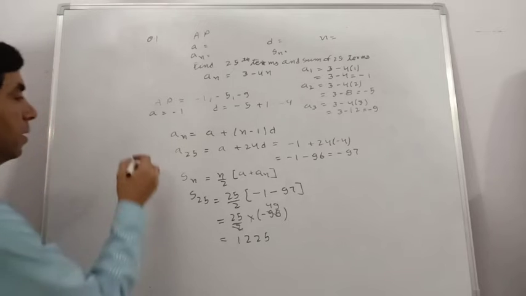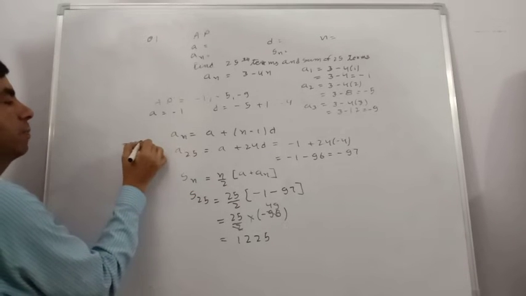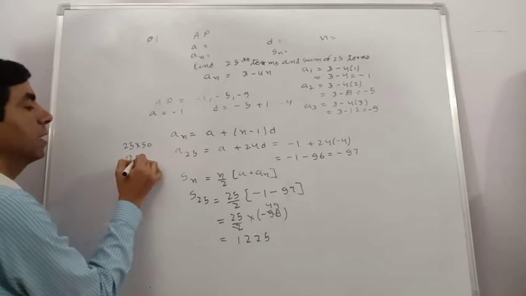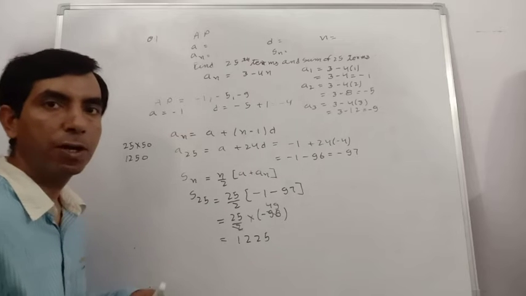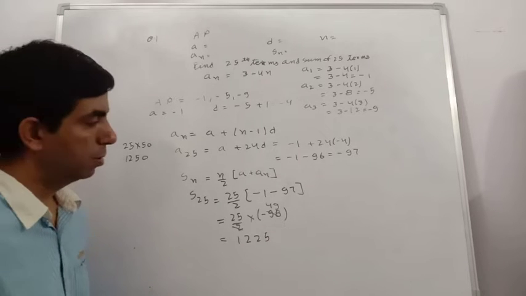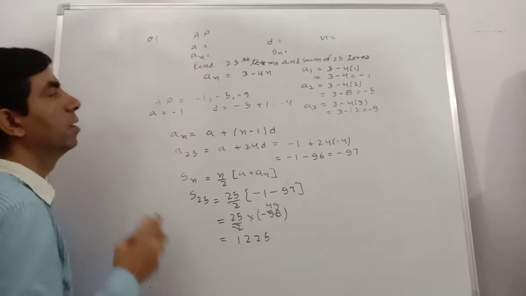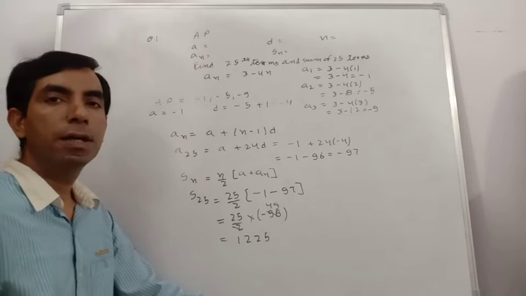I am repeating that again. If we want to multiply by 49, first we multiply 25 multiplied by 50, one time extra. We get 1250 and subtract from this 25. Then we get 25 multiplied by 49. It is easy to calculate. By this method, we can find Sn, An for any AP series if An are given in equations.